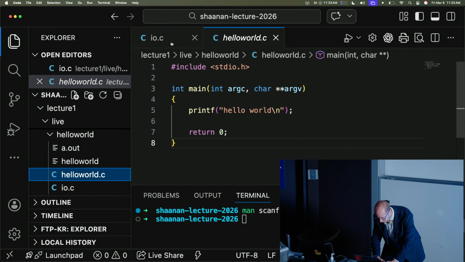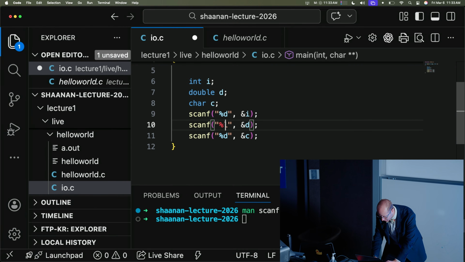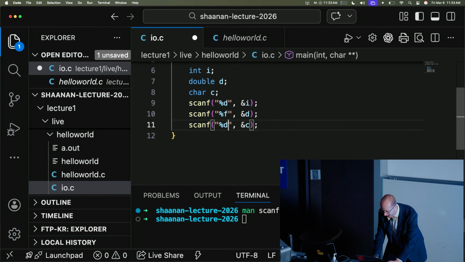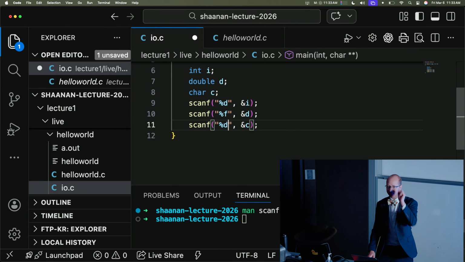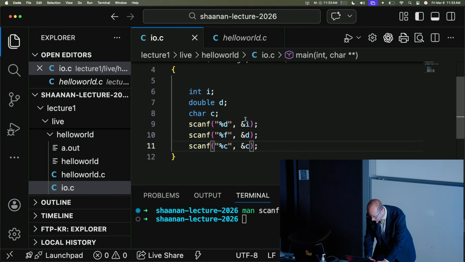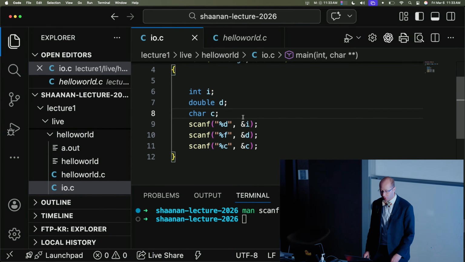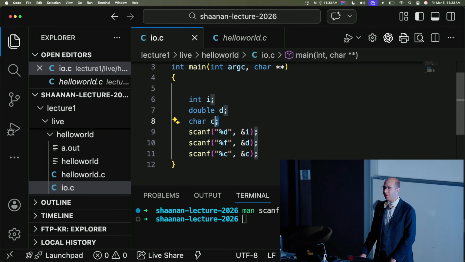So let's go back to io.c and change my format specifiers. And if we'd been paying attention, we would have seen that an f would work for my floating point number because there's a decimal point in it, and a c would work for my character. You'll also notice that in the C programming language, I'm required to put a semicolon at the end of every line.